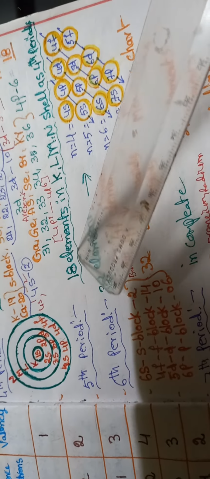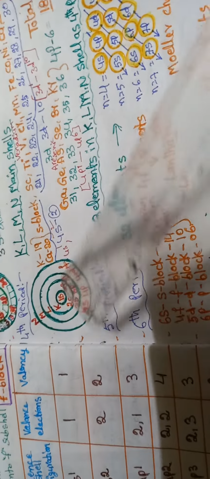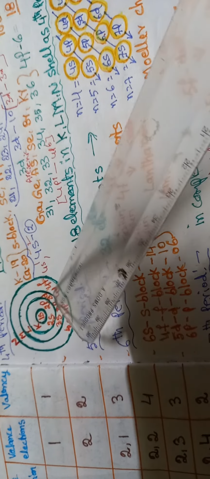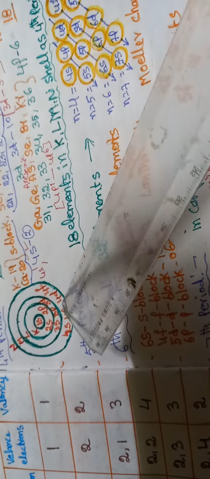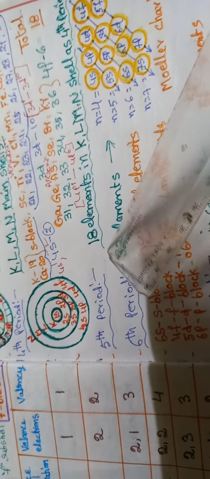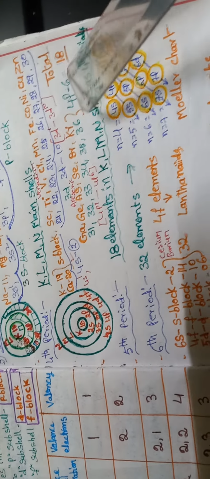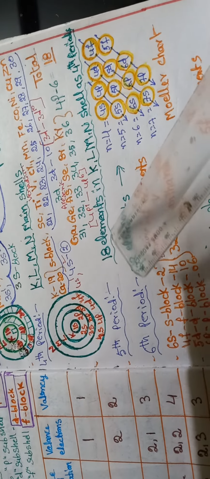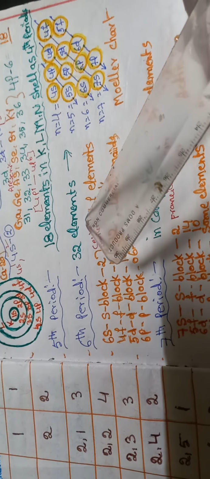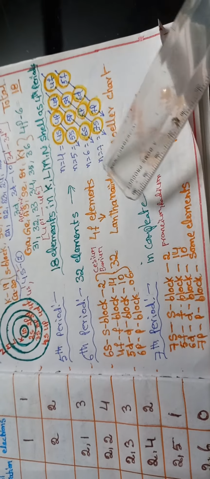Next one, fifth period. Fifth period has 18 elements. K, L, M, N cells as in the fourth period. So in the fifth period also 4 main cells and subcells are there. Like the fourth period, the fifth period is also filled with elements. So the fourth period has a total of 18 elements, and the fifth period also has a total of 18. And the sixth period has 32 elements. When we observe the Moeller chart, according to the n plus l formula, the subcells are filled with